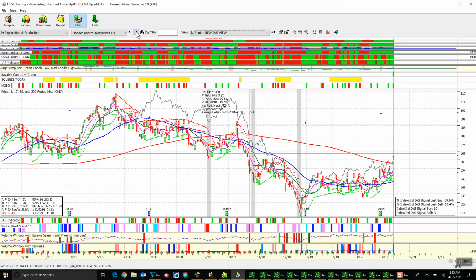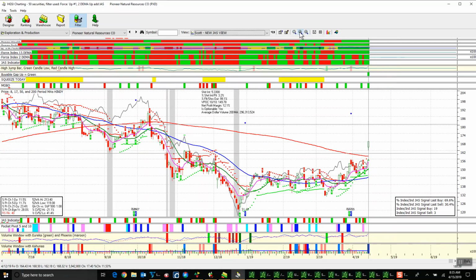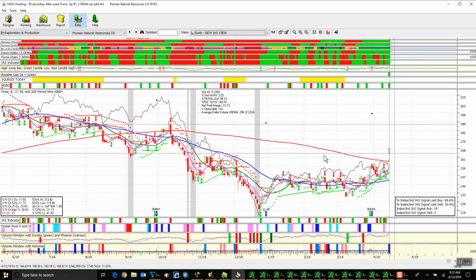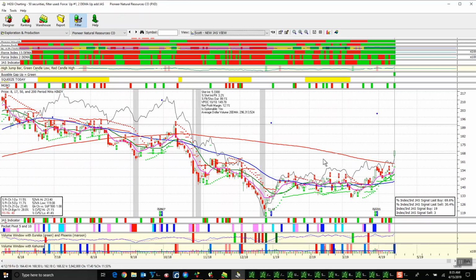Here is Pioneer Natural Resources. Apparently, these guys are also a Permian Basin play, and like Anadarko, they're up now on speculation that one of the other big players may need to come in. And apparently, there was another player in the APC deal, and they offered more money but required a shareholder vote to accept it. So Pioneer Natural Resources, this is not by any means a cheap stock,